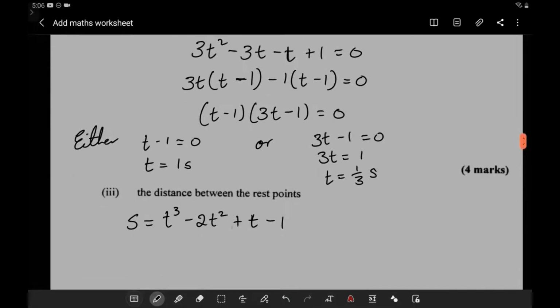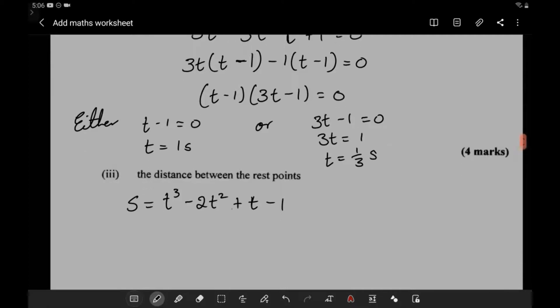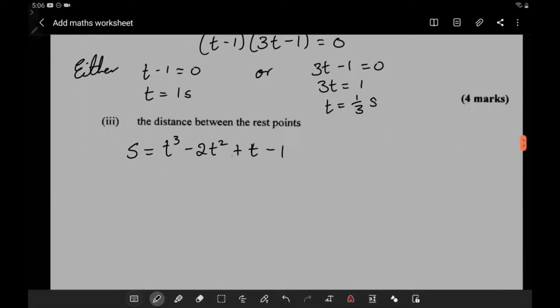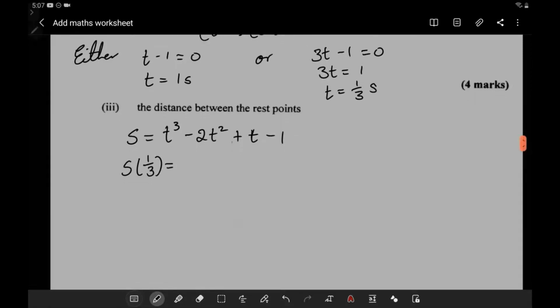Okay, so part 3 asks for the distance between the rest points. So here I wrote the distance equation that was given in the question. So we could evaluate s at t equal 1 and t equal a third, take the difference, and we will get the distance between the rest points. So we have s at, let's do the third first, since it may be more difficult. So we have 1 over 3 cubed minus 2 times 1 over 3 squared plus 1/3 minus